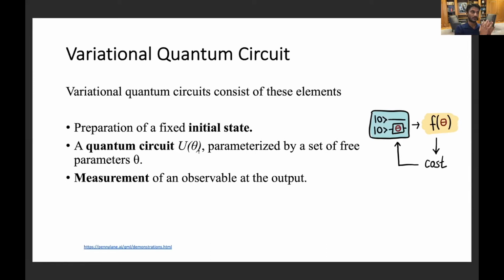If you are doing QAOA, quantum approximate optimization, there are certain classes of circuits that work very well there. So just like in classical machine learning, there is trial and error. There is no one size fits all kind of rule here. For different kinds of problems, we have to see what works best and then apply that to solve that problem. And then at the end, we make a measurement, and that measurement can be used to compute the cost function. That's how variational quantum circuits look.